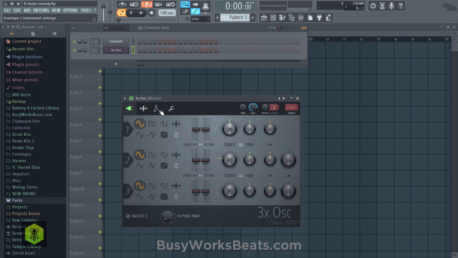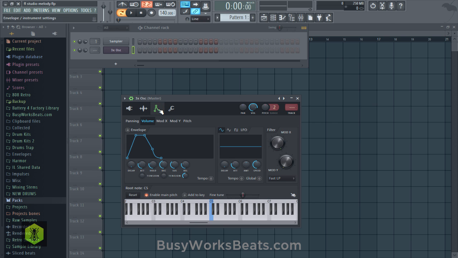Now we're going to go to this screen to shape the sound so that it has what's called an envelope. So let's click on the envelope tab. Let's go to volume. Let's activate the envelope. Let's turn down all our parameters except the decay curve, and that will shorten the sound, almost like we're hitting a bell.